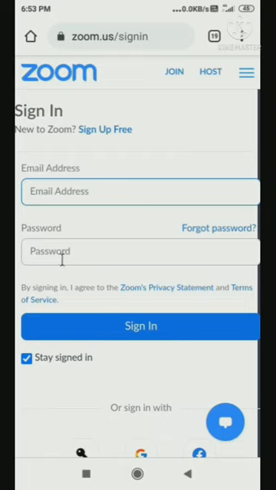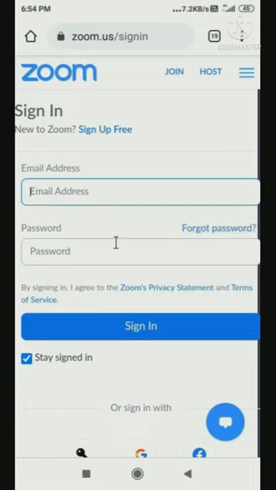If you don't know the password, you can take help of the forgot password button. It will ask for your email, and you can put in your email address. Then it will send a link to reset the password to your email address. So you can open your email. There would be one mail from the Zoom company with a button, and the link to reset the password will be there. You can click on that. Then you can set the new password. It will ask twice in two boxes, and you can save the new password there and use it to log in to your Zoom app.